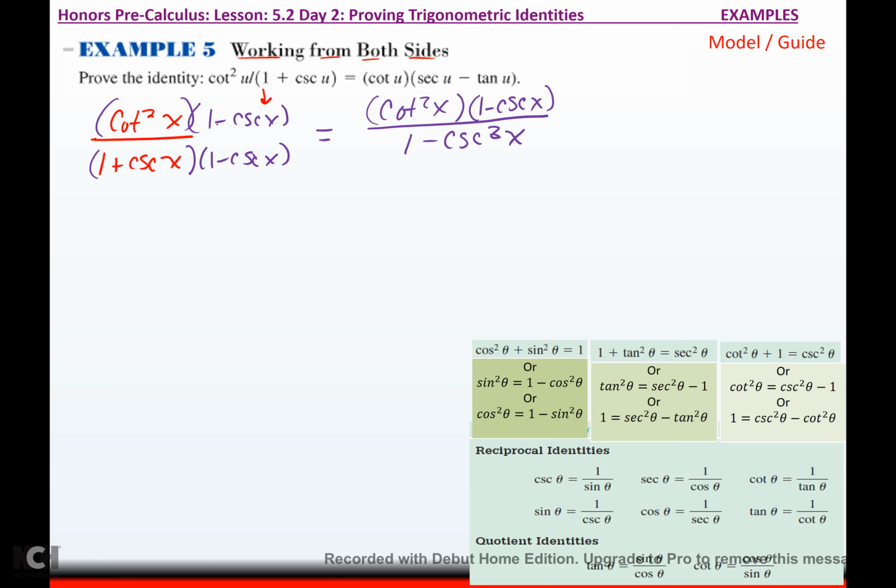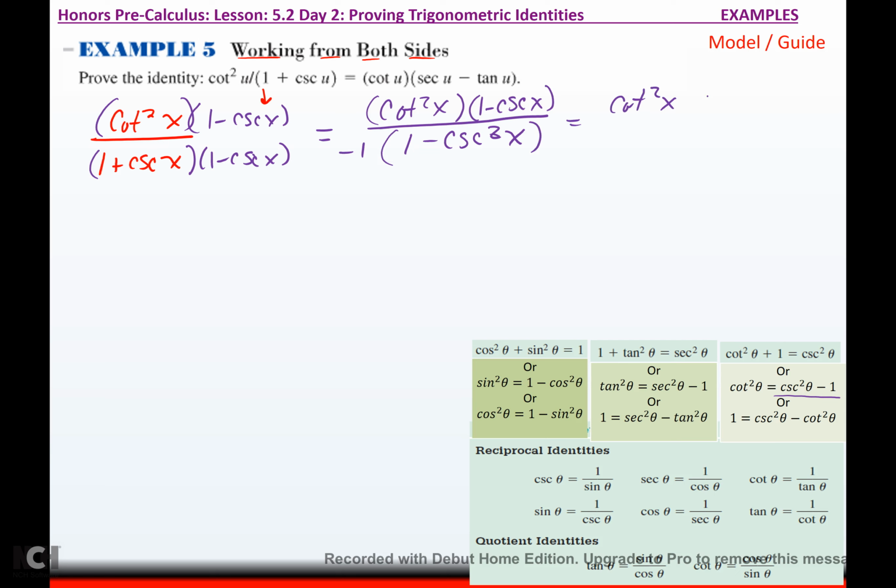So now I can replace, this one's kind of tricky. I need a 1 minus cosecant squared, and I don't have that. I have cosecant squared minus 1. So we're going to do that -1 trick. I can multiply this bottom by -1, and I get